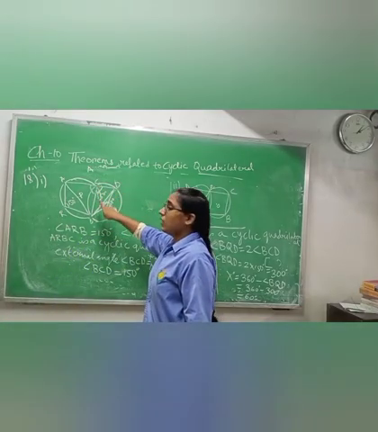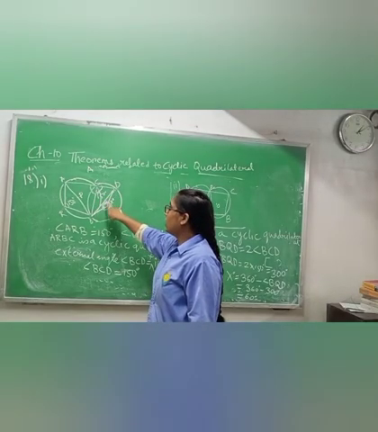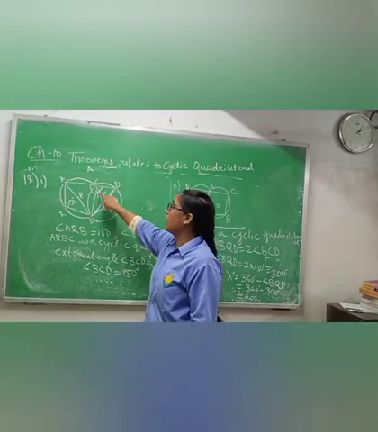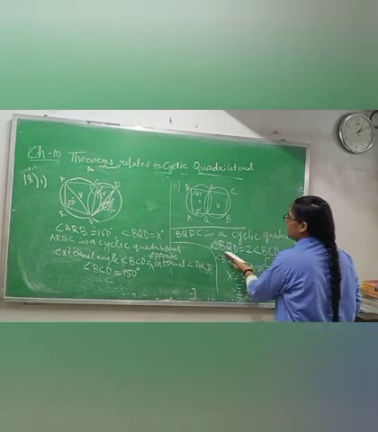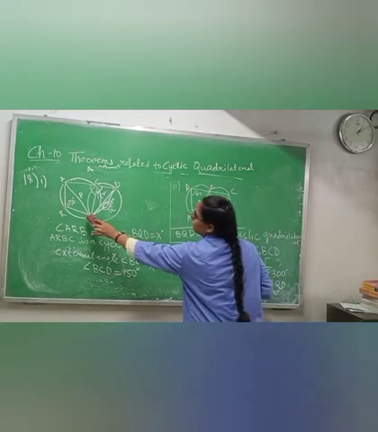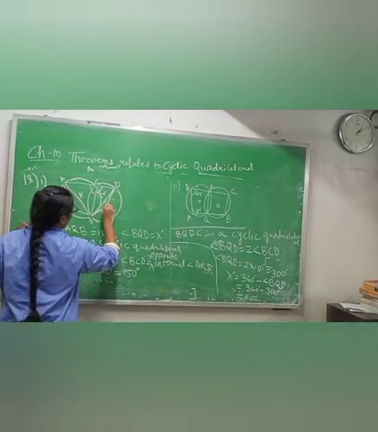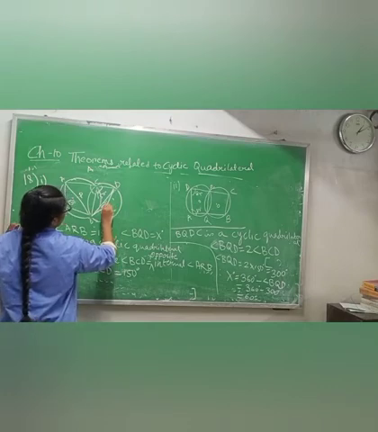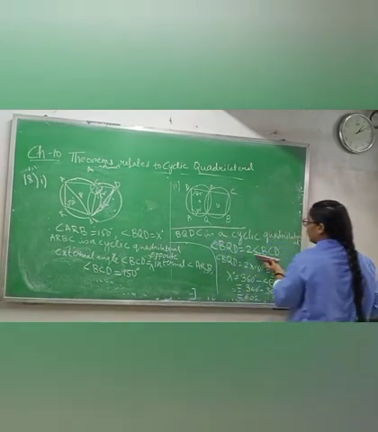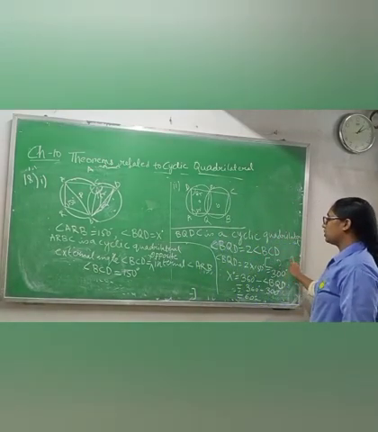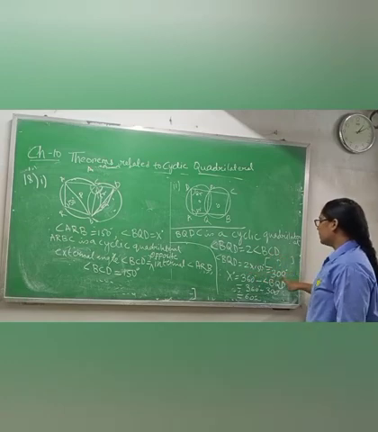If this is also a cyclic quadrilateral, it means that angle in the center is always double the angle on the circle. So that is why BQD is angle in the center. If you do not understand, I am repeating again: this angle BQD is always double the angle on the circle. That is why I have written BQD equals 2 angle BCD. You will write the reason, I am not writing. Now 2 into BCD value, 150 degree, 2 into 150 degree will give you 300.